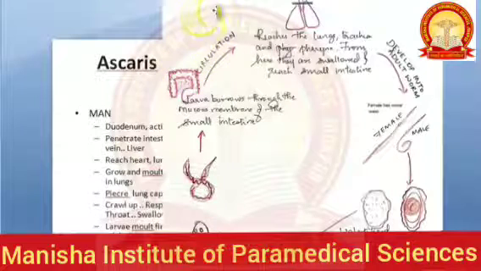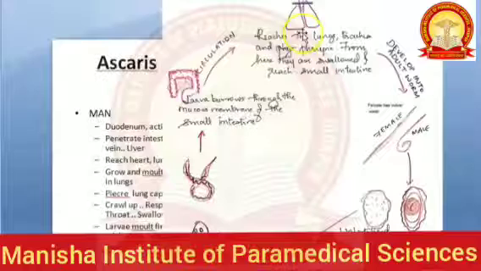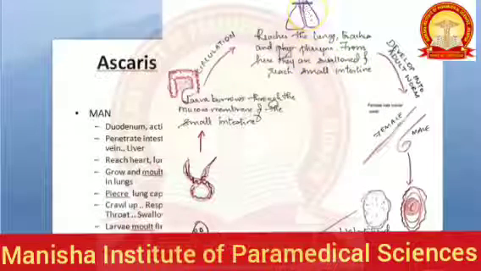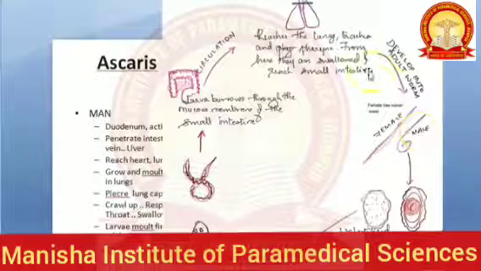From the liver, it will reach the blood supply and go back to the heart. From the heart, it will go to the lung. In the lung, it will stay for so many days. There, it will molt twice again. It will grow nicely in the lung, and then it will ascend upwards into the trachea. Then it makes us swallow it. We swallow the larva. Then the larva again reaches the intestine, where it will develop into an adult form.